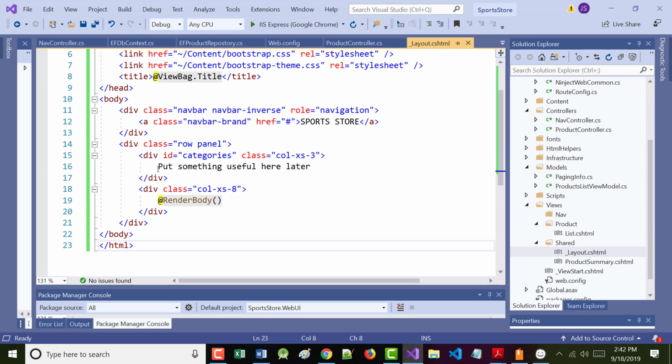We've got two divs. This one says put something useful here later, and it's now time to put in something useful. Right there. I'm going to save this and run the program.